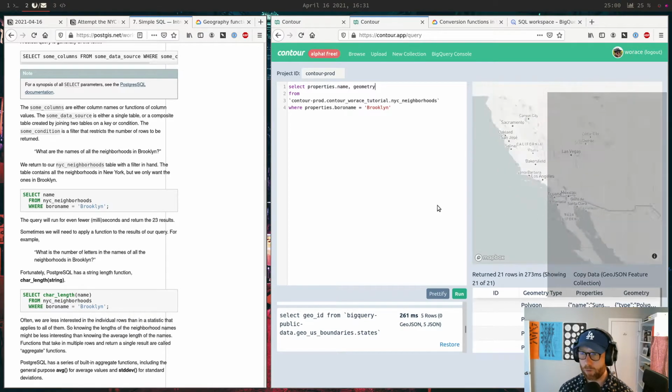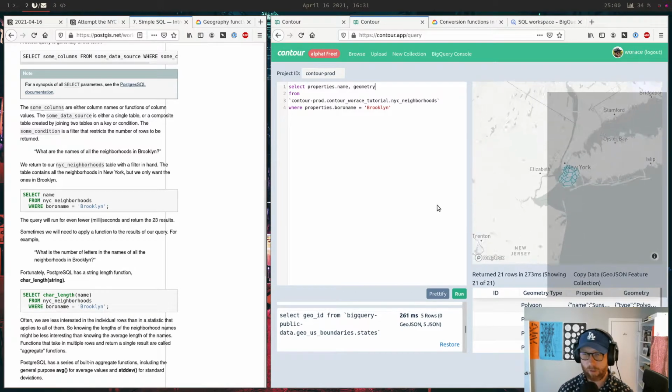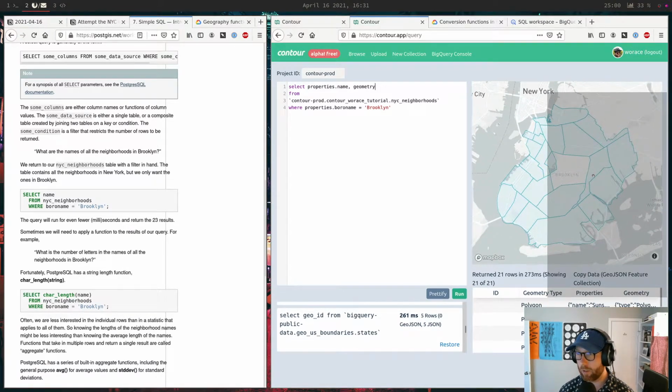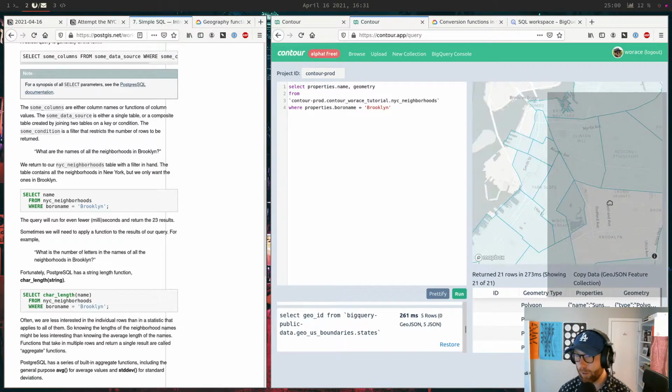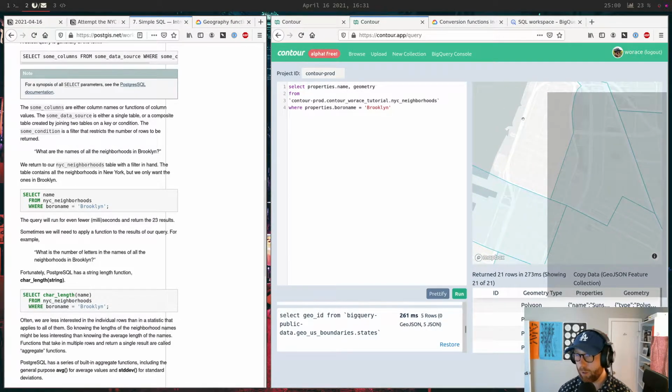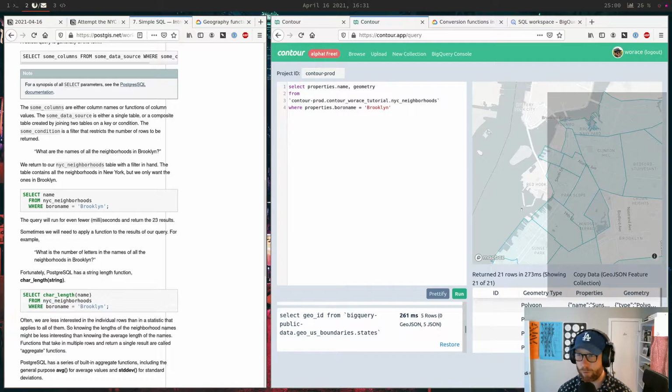Yeah, sorry, this is going to zoom us way over there. Take us to New York City. Okay, there you go. There's all the ones that are labeled as Brooklyn, so that's cool. And you can see, for some reason we have this giant hole in the middle. We have nothing in Brooklyn Heights, so those ones are just missing from the data set. We could fix that later, maybe.